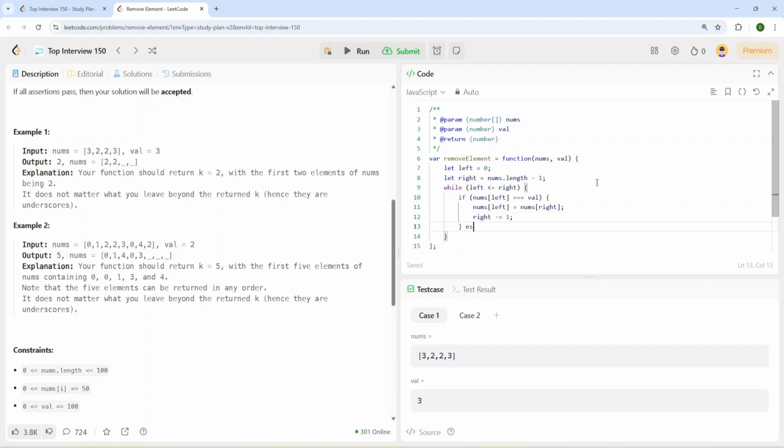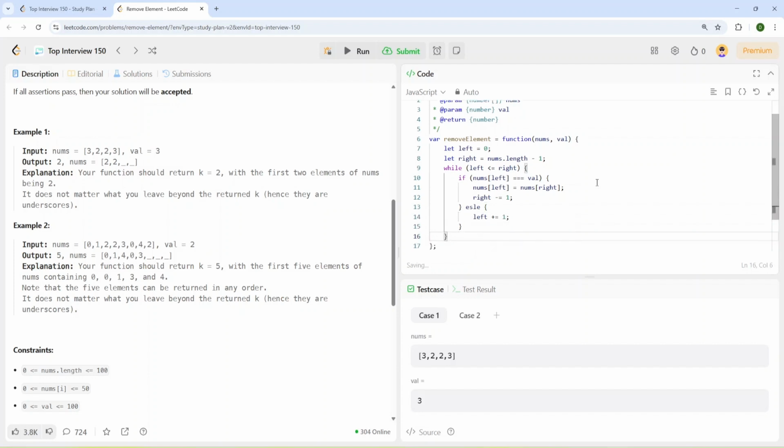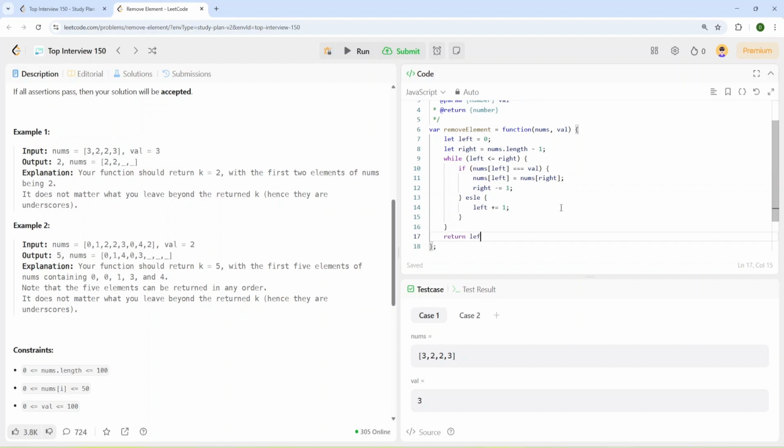And in else, we'll just move one step forward. Okay, and now we can return our left, because from the left side we have values that are not equal to our value.